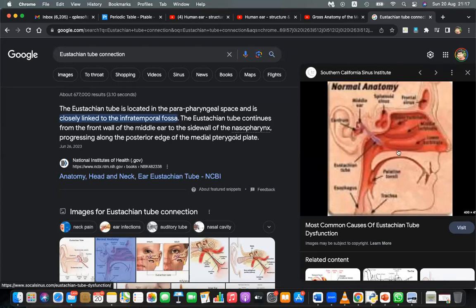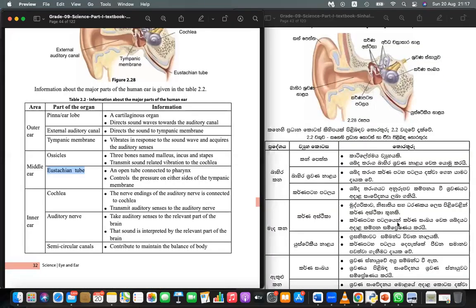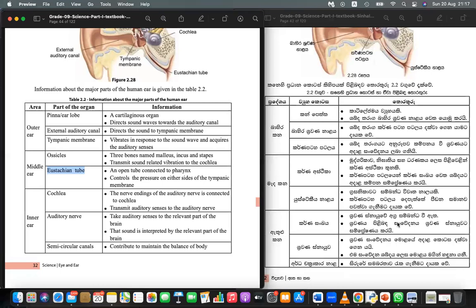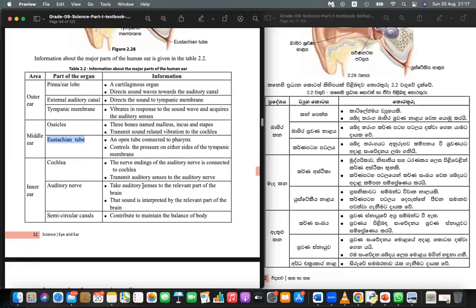So the reason is this connectivity. Okay. Then the cochlea. The nerve endings of the auditory nerve are connected to the cochlea, which transmits the auditory senses to the auditory nerve. And then this auditory nerve is basically the nerve which transfers the signal to the brain, and